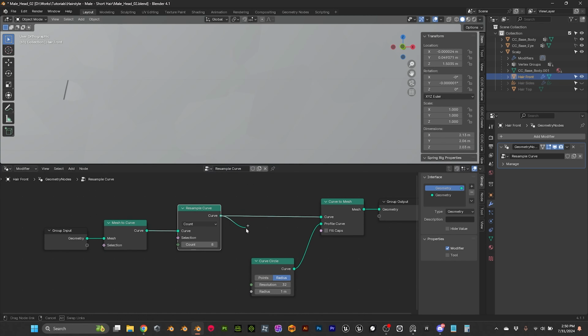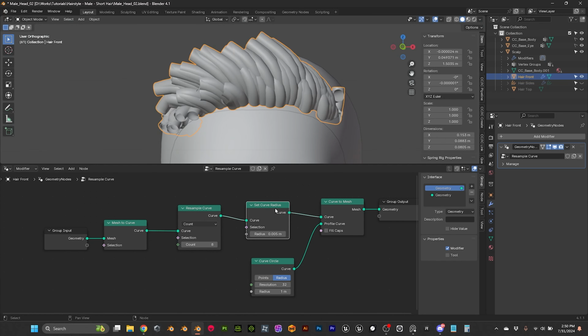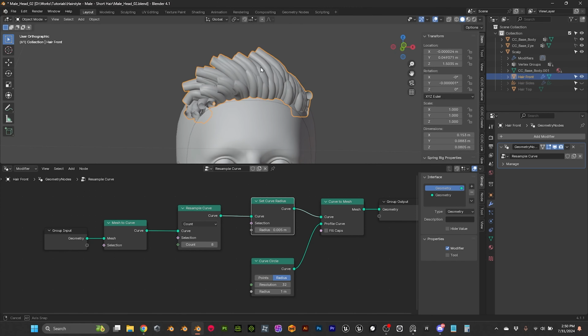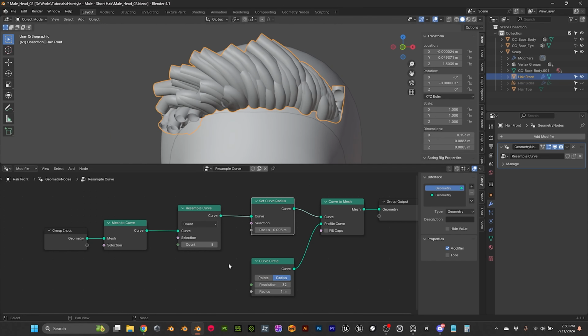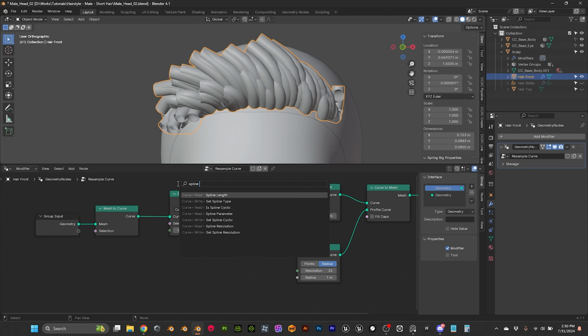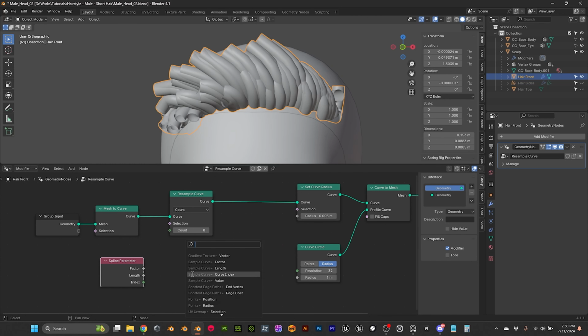Okay, like here, let's do set curve radius. What we want to do is to have the hair on the tip thinner than the root. So to do that, let me look for spline parameter. Okay, spline parameter. Then we want to get the factor, put it in a color ramp,